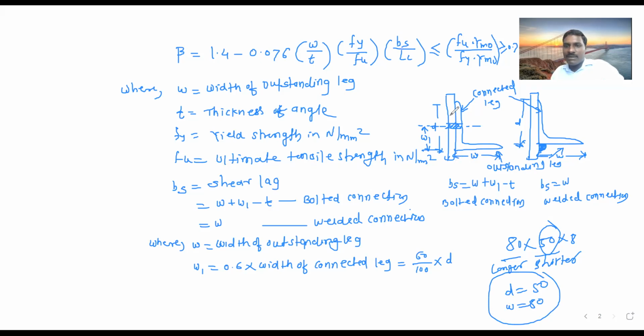आपण कायम मोठी साइड इथं कनेक्ट करत नाही. जर दिली नसेल तर you can connect any side. 80 ची करा or 50 लेग ची कनेक्ट करा. There is no issue. But if they have told 50 mm साइडच कनेक्ट करा, त्या केस मध्ये तुम्हाला 50 mm साइड कनेक्ट करावी लागेल आणि 80 mm तुमची आउटस्टँडिंग लेग असेल. So keep in mind these things. Got it?